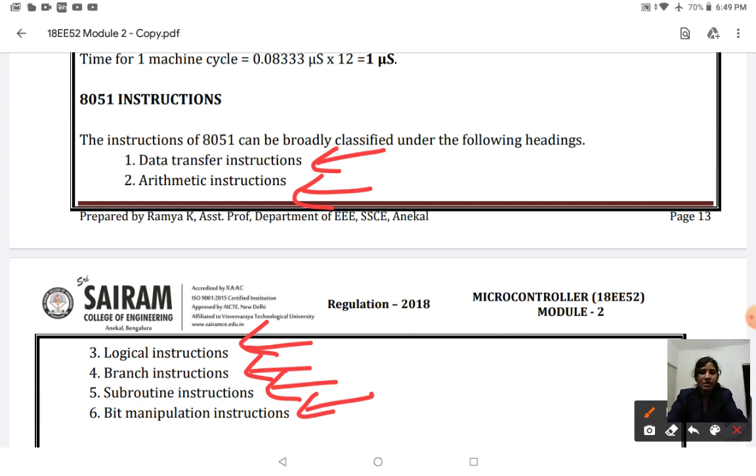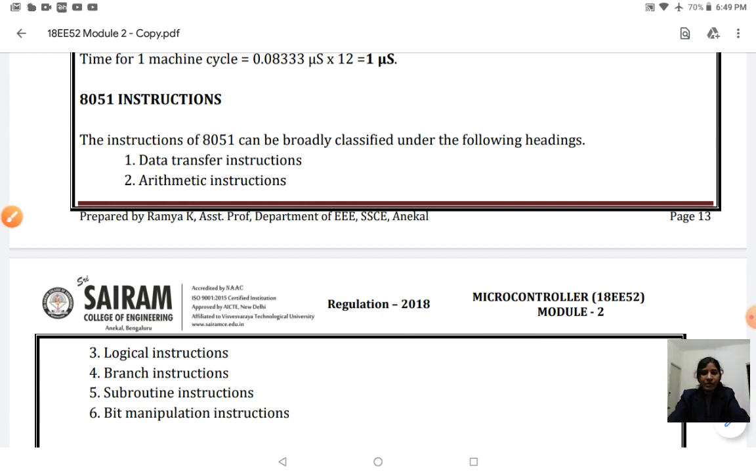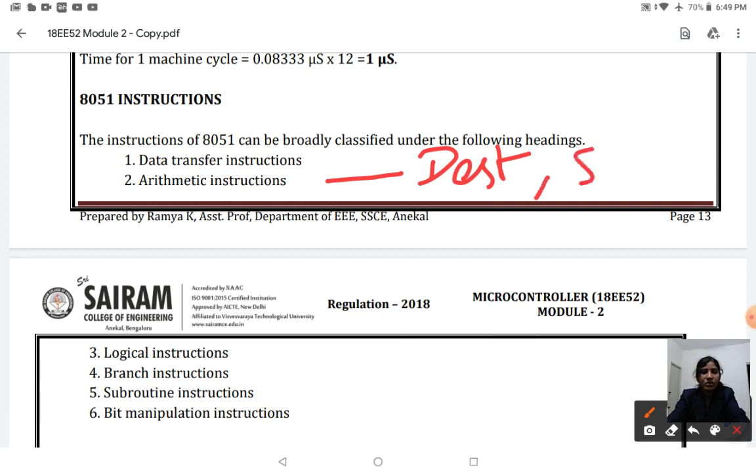Data transfer instruction means moving data from your source to destination. Usually, in the 8051 microcontroller, you will have a mnemonic, either MOV or ADD, and then your destination and your source.